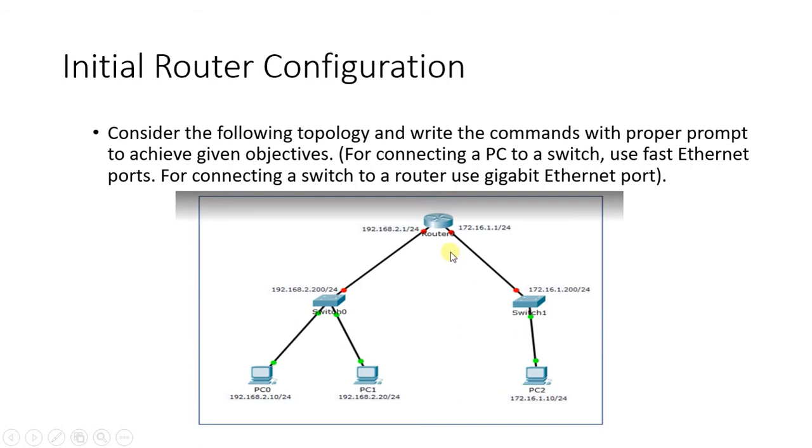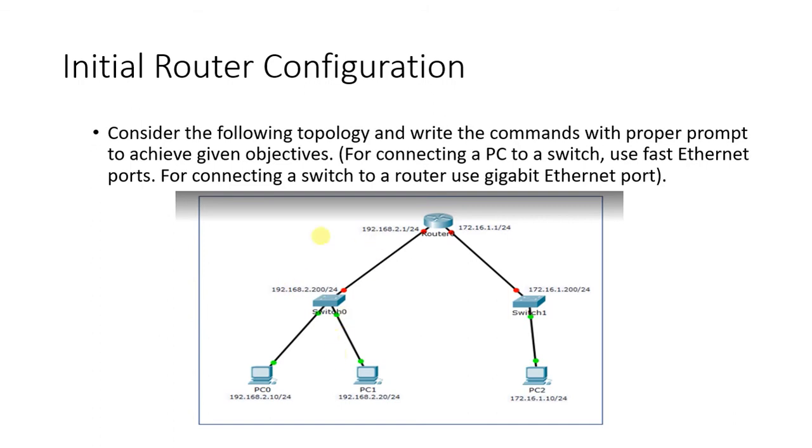Another thing we should note here is the default gateway. Whenever you are assigning the IP addresses, the second step is to give the default gateway on the PC. We will see all these steps in Packet Tracer; I'm just giving you a brief introduction. If you go to PC0, earlier we saw that we assign the IP address and the subnet mask. In this case, we have to give the default gateway also when we are using a router.